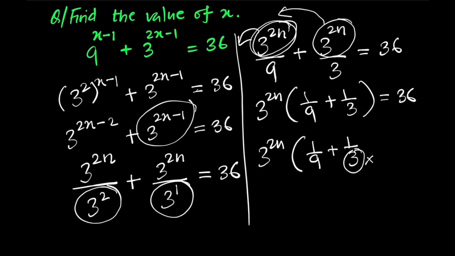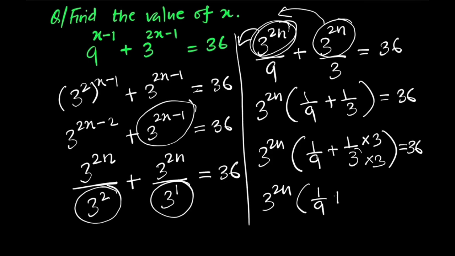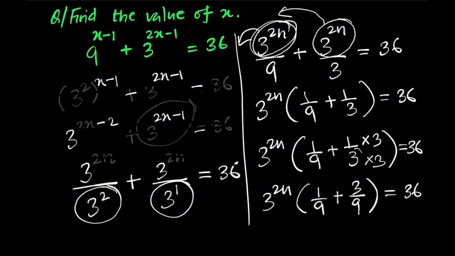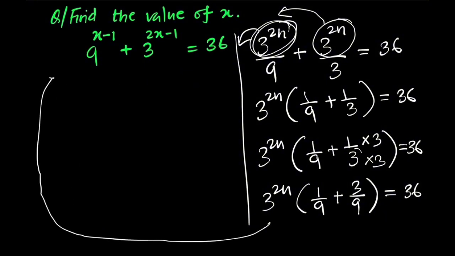I want to multiply 3 to this denominator, and I have to multiply the same thing in the numerator as well to keep the equation in balance. And this equals 36. So 3 raised to 2x bracket 1 over 9 plus 1 times 3 means 3, 3 times 3 is 9, equals 36. Let me clean this part and write this over here. 3 raised to 2x bracket 1 over 9 plus 3 over 9 means 4 over 9, which equals